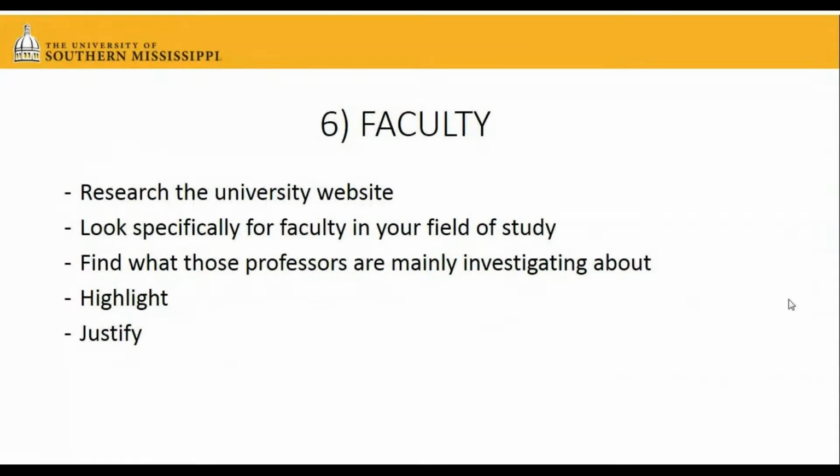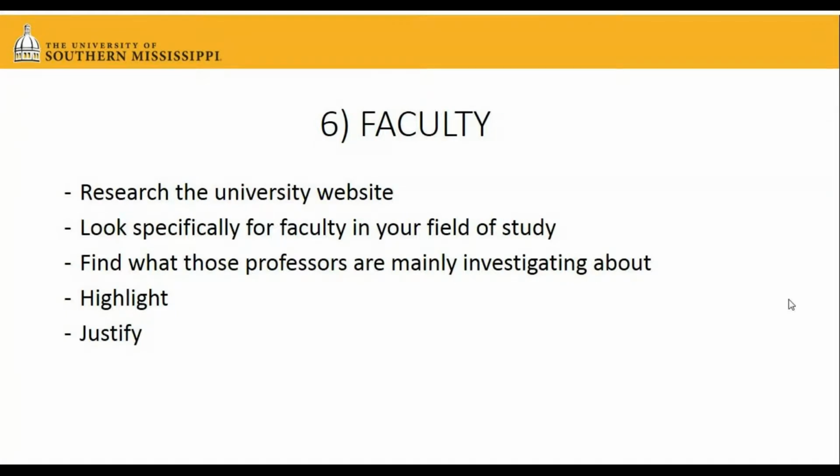And then faculty. This part is going to be more oriented to that specific section that Petra was talking about, graduate students, okay? When we talk about graduate students, we talk about people who want to study master's degree, PhD, things like that. And so they are kind of looking for this research, this investigation. And so when we think about faculty professors, I would like you to think about researching the university website and looking specifically for the faculty in your department, your field of study, and find those professors and what they are mainly investigating about,